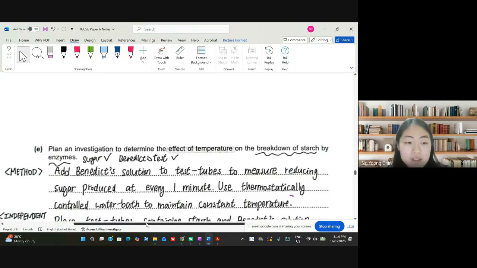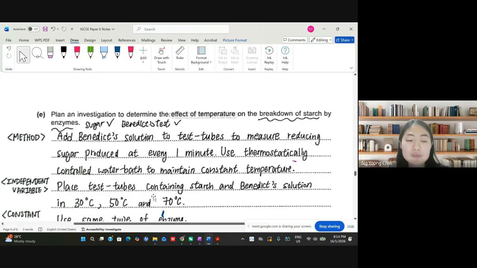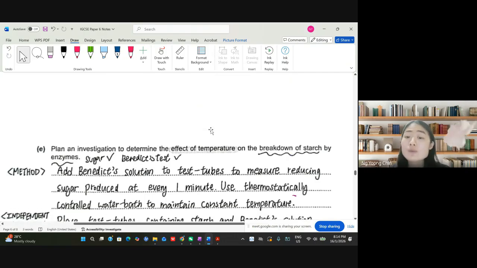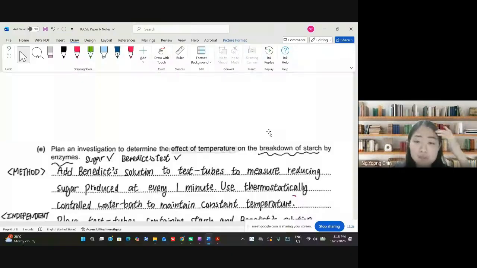Do you have any idea about this one? Okay, it's okay, maybe I asked you two already. Let me show you. Just imagine now you are actually conducting the experiment at different temperatures. So in the manipulated variable, you can write different temperatures. And then how can you measure the rate of the enzyme being affected by temperature? You just measure how much starch has been broken down by the enzyme into maltose. So how are you able to measure it? You measure it by dripping the iodine solution. If the iodine solution changes from blue-black to